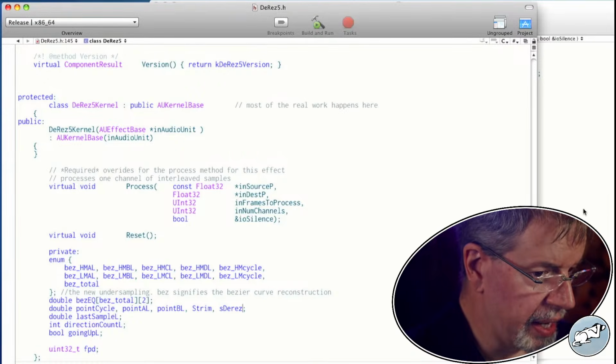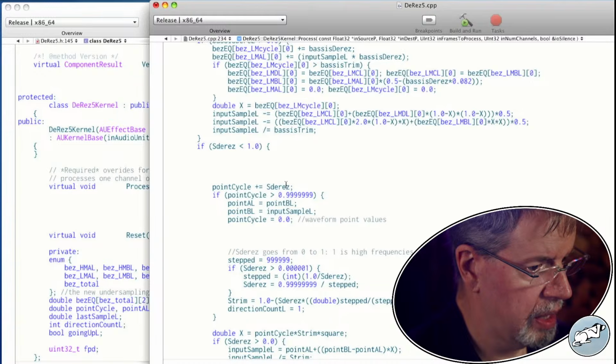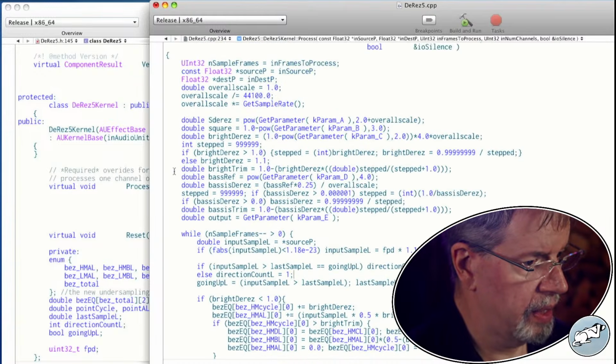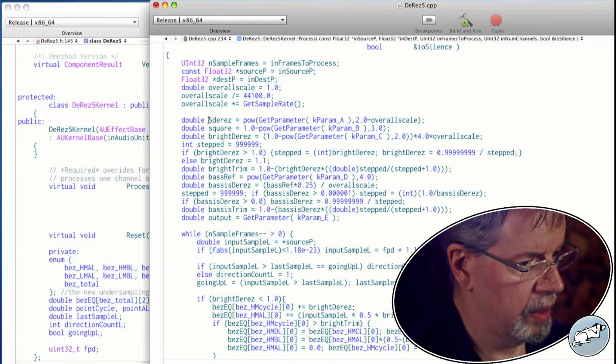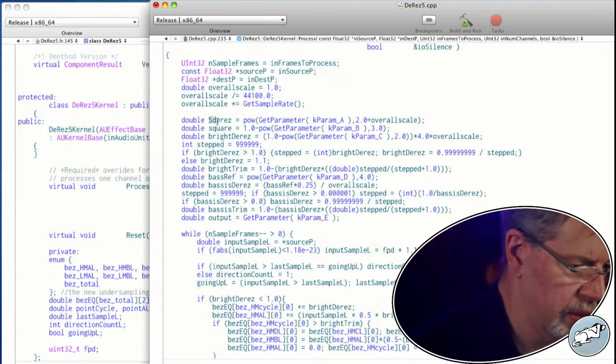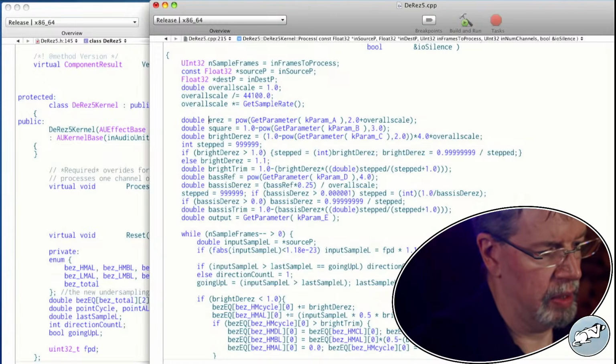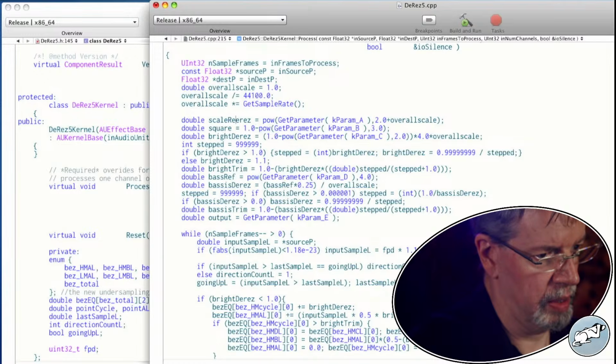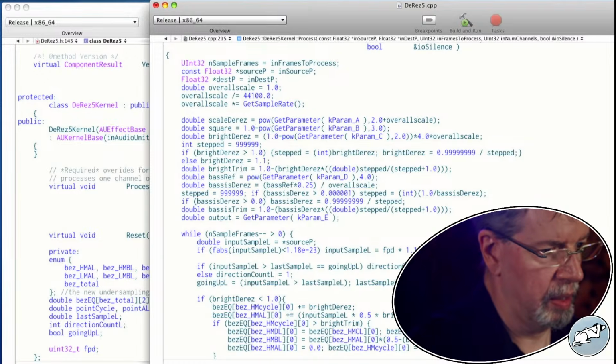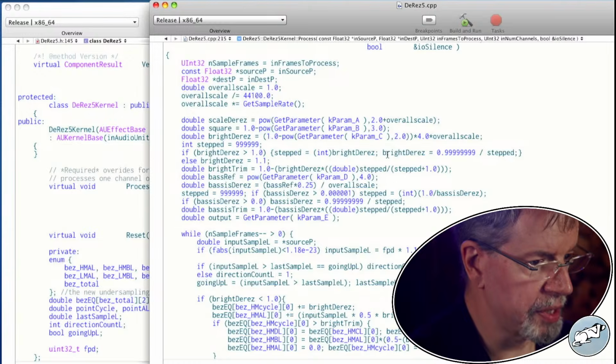Let's use that. Let's call this something else entirely.